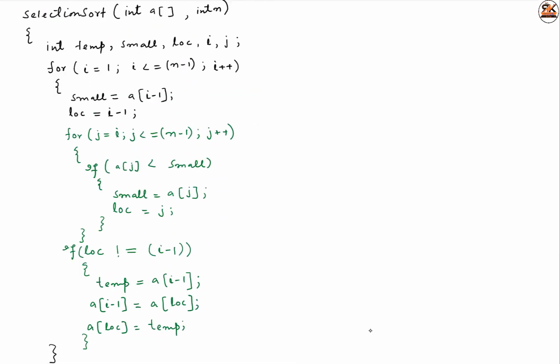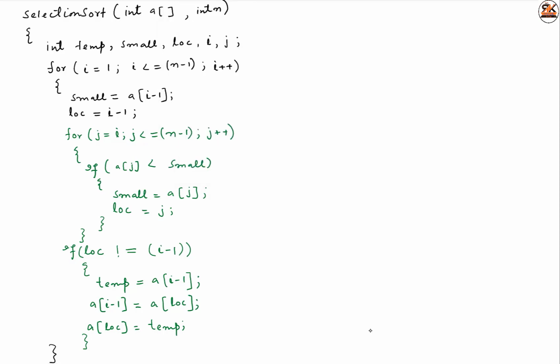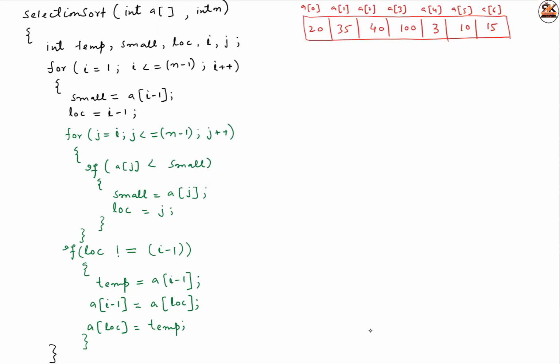So this is a complete function that will do the job of the selection sort algorithm, and this function can be called for the implementation of the selection sort algorithm. So let me take the same example in order to do the dry run of this function. And for that, let me take the same array. So when we call this function just to sort this array, first of all what we have is